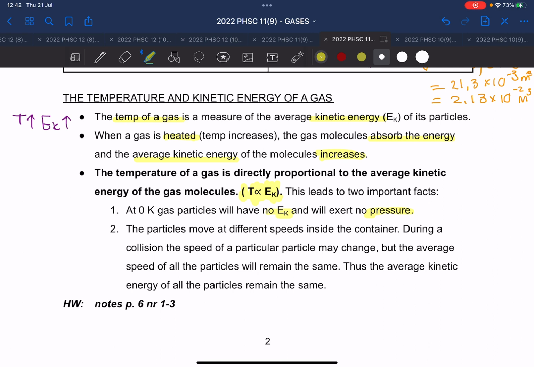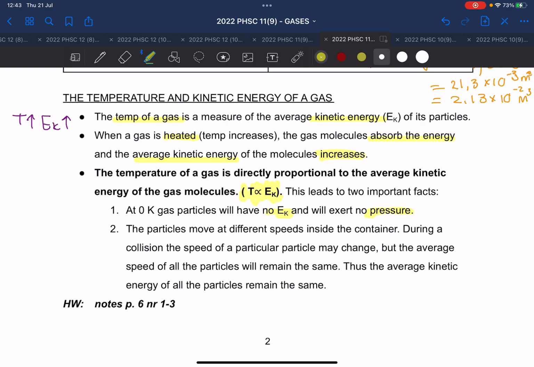Inside a container, all the particles are moving at different speeds. And if they collide with each other, one gives off a little bit of kinetic energy to another, which either increases or decreases the speed. So let's say one particle is moving very fast and another is moving very slow. They collide. The one that's moving very fast gives a little bit of energy to the one who's moving slow. So the one who's moving slow now increases speed, right? So the kinetic energy changes between the molecules, but overall, the average kinetic energy stays the same